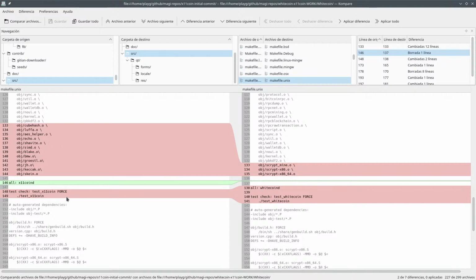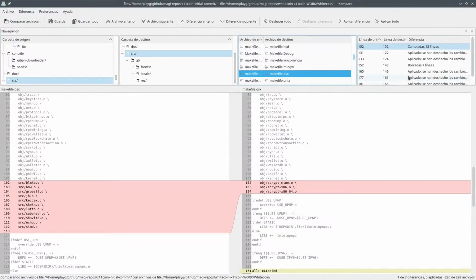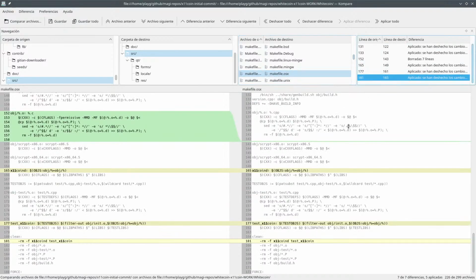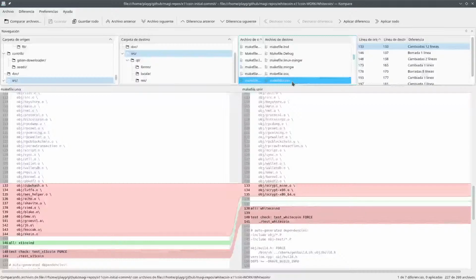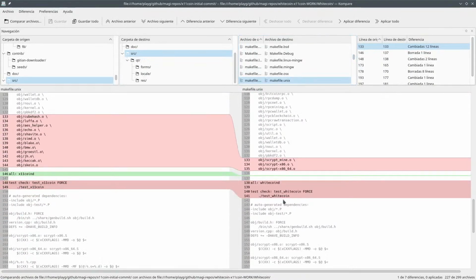This is not right, because wait a moment. Let me. Okay, so the last change is this one. Okay, this is right. So now we are here, and